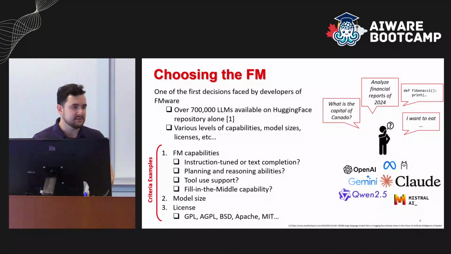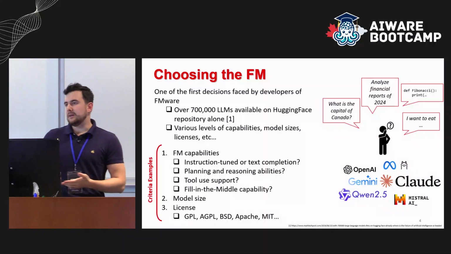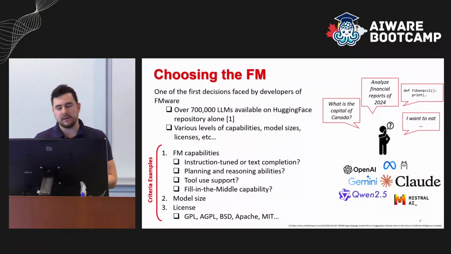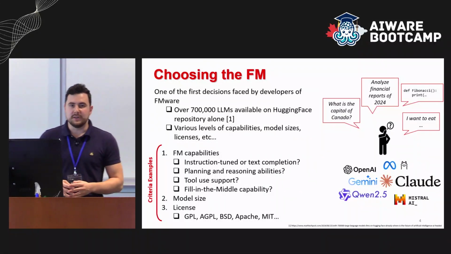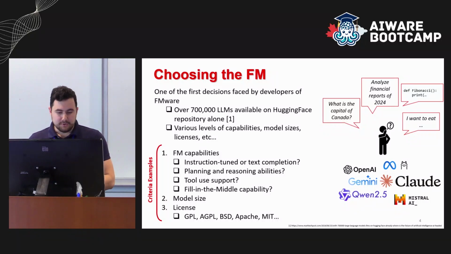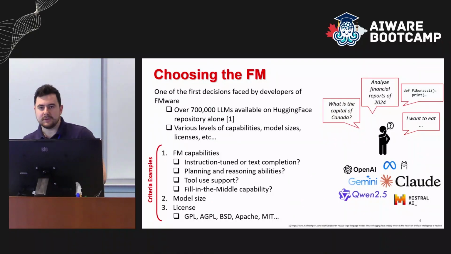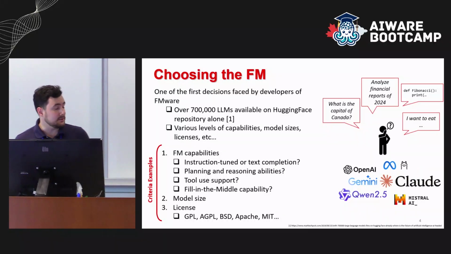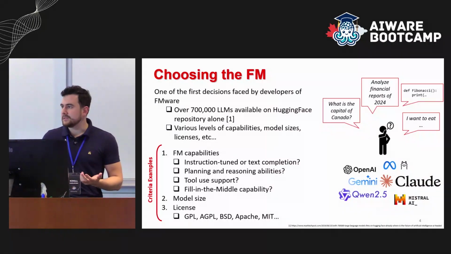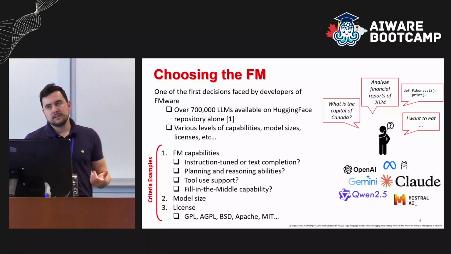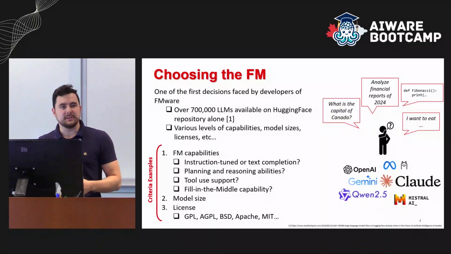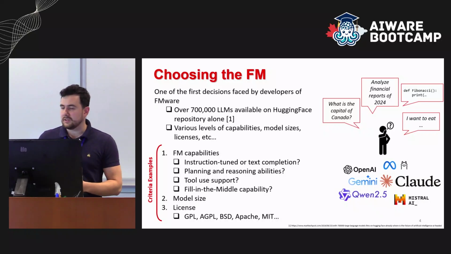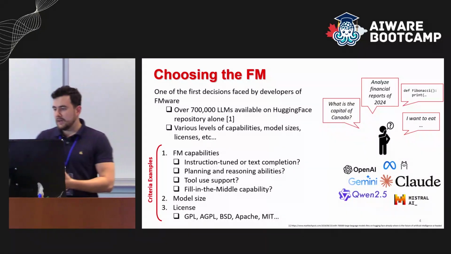There are bigger models, instruction tuned ones. There are reasoning models. There's summarization, embedding, and so on and so forth, from as small as 125 million parameters to a couple of 100 billion parameters. Also, one big important thing is licenses. I'm not sure if Gopi has talked about it before, but software usually has some kind of license attached to it. Famous ones are BSD, GPL, MIT licenses, and they all have different permissions in terms of whether you can use them commercially, in academia, open source, and so forth. So those are things to take into account.